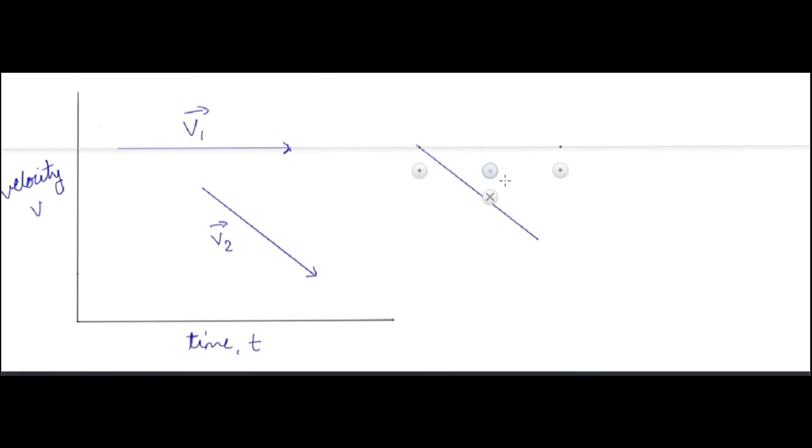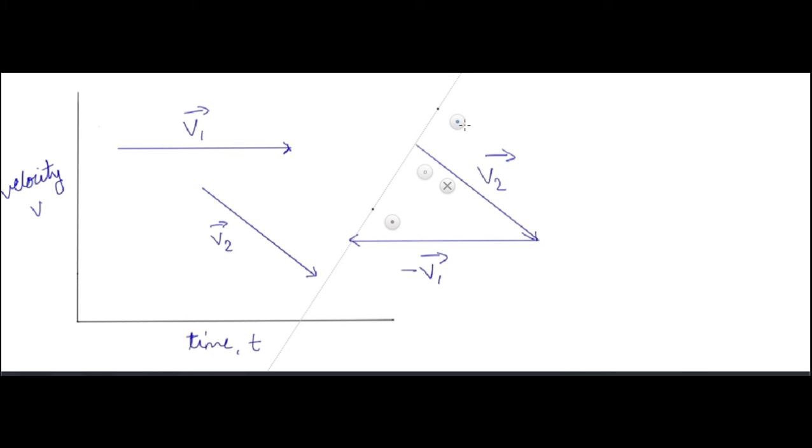Now this is the velocity versus time graph. We are representing vectors v1 and v2 because previously we have shown that F dt is equal to m(v2 minus v1). So we will see what the direction of F will be. The direction of F will be the direction of the resultant of the two vectors, meaning the change. Initially we have a direction v1, and finally we have a direction v2.